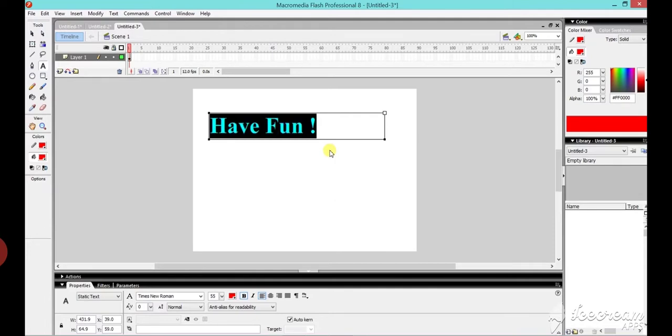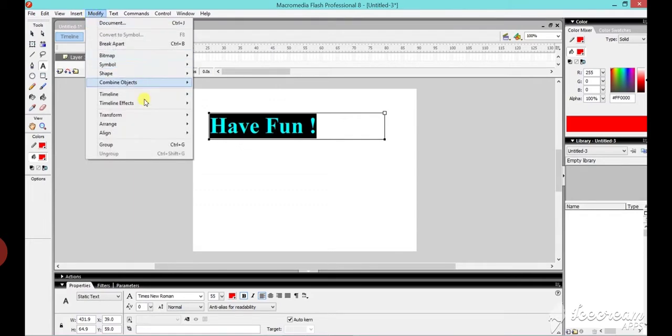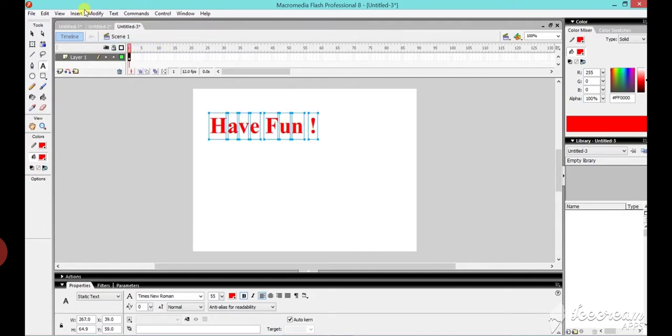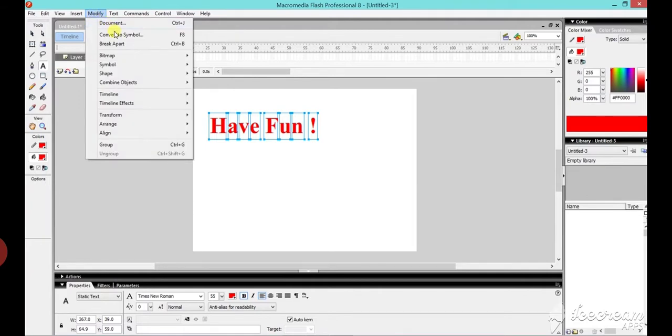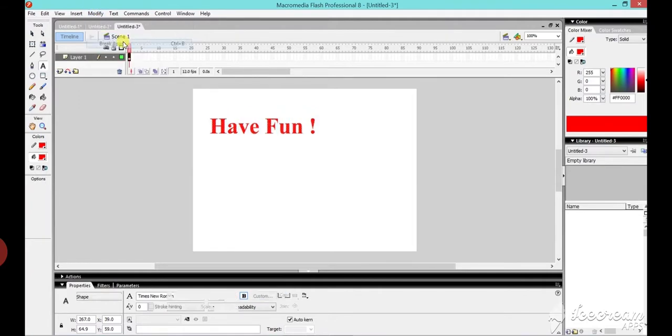Select it, then click on modify menu, then select a break apart option. First time select break apart option, it converts text block into multiple text block. Now again select break apart, it converts multiple text block into shape.